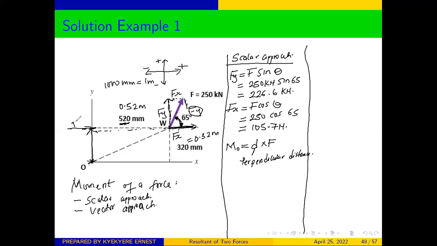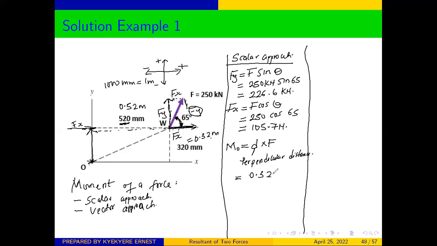So if this is f of x, then our moment is going to be the perpendicular distance here for f of x, and we are told that it's 0.32 meter. So we are going to get